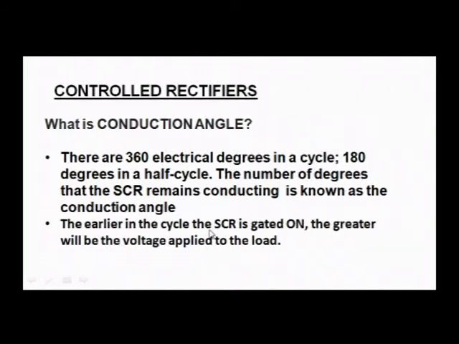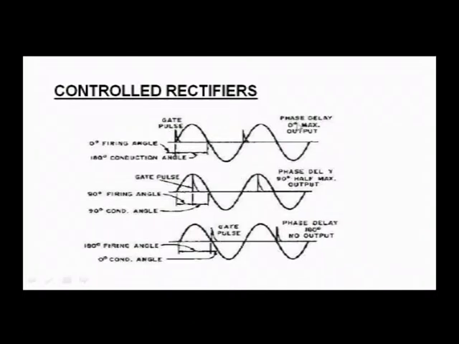So, in the next slide I am showing you the different waveforms wherein I have shown you maximum output, half maximum output, no output. So, let us see, at 0 degrees if I fire, then at 180 degrees it is going to switch off, provided I am connecting only one SCR. When it is forward biased it conducts, when it is reverse biased it is going to switch off. So, natural or line commutation, you already know about that, I am sure.